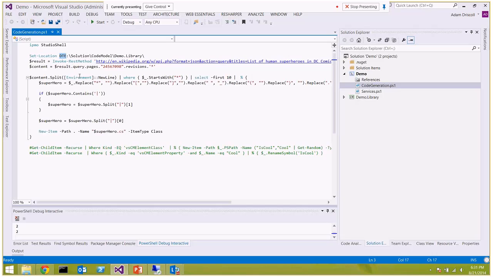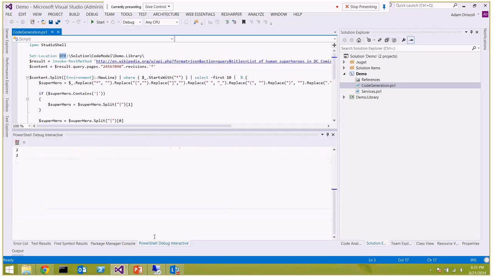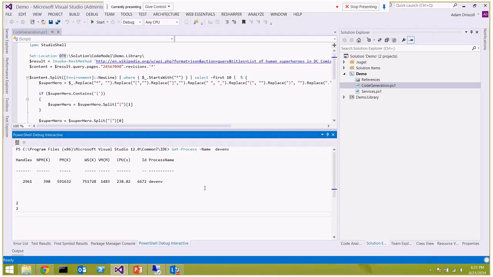So the Visual Studio framework is referred to as the DTE, and it's kind of the automation framework for Visual Studio. And from there, you can actually step down into the different parts of Visual Studio, which is kind of neat. So if I